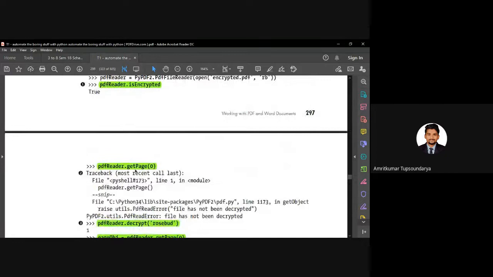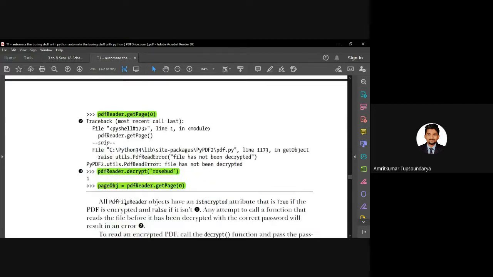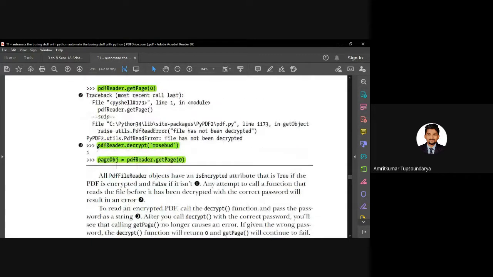Since we have not yet decrypted it, when you try to get the first page, it will definitely throw you an error that this particular file has not been decrypted, right? So that means we have to first decrypt that file in order to read the content from it. So in order to decrypt it, you have to use the instruction PdfReader.decrypt, and in the brackets you have to put the password for that particular PDF.